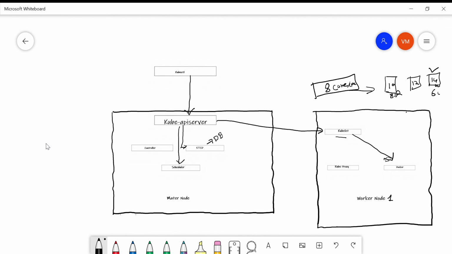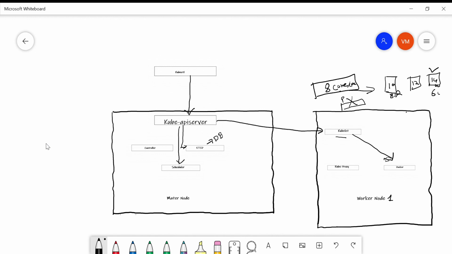The other one will be the replication controller, right? For example, you have a container that you set the replication set number as, for example, 6. Then at any period of time, 6 containers should be up and running for that application within your Kubernetes cluster, right? So if one of your containers or one of the pods which has this container, for example, got